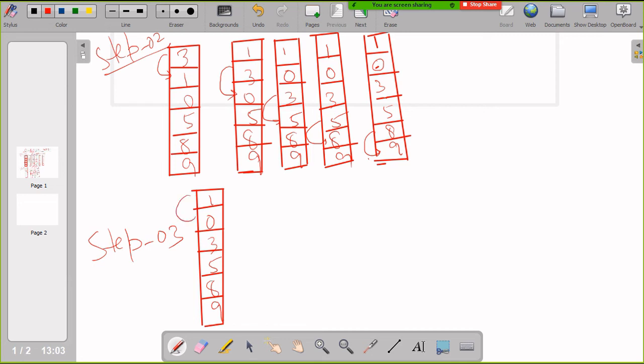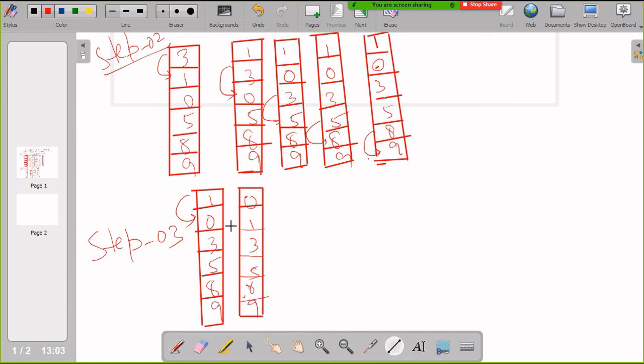Now the comparison will take place between 1 and 0. So 1 and 0 become 0 and 1. Interchange takes place. So it will be 0, then 1, then 3, then 5, then 8, and then 9.